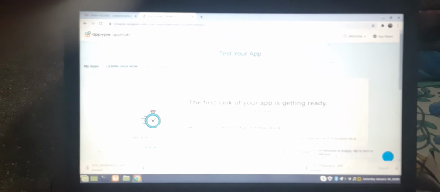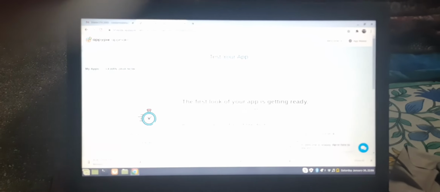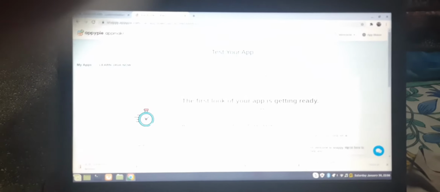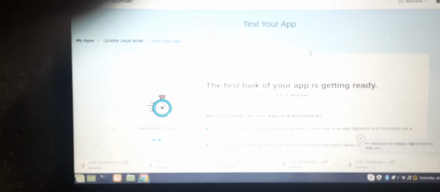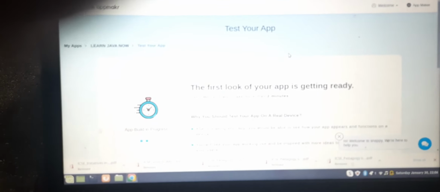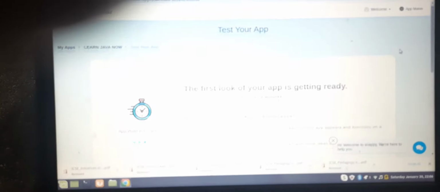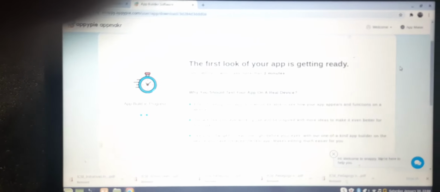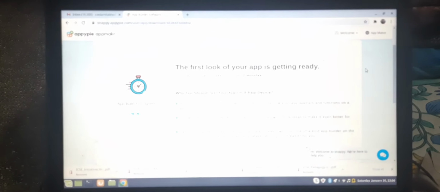Now you can see time is being taken over there. They are giving the preparation time to test your app, and it will take some moment. Once it is done, they are providing three ways.